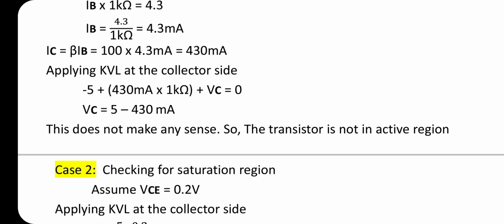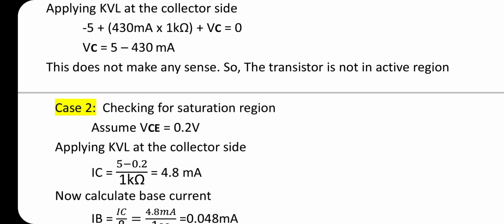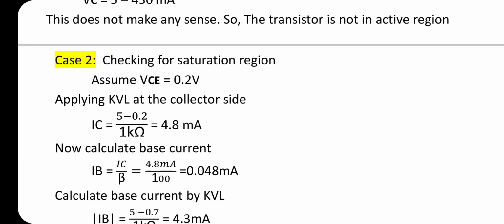Applying KVL at the collector side, we get minus 5 plus 430 milliampere into 1 kilo ohm plus Vc equal to 0. We get Vc equal to 5 minus 430 milliampere. This does not make any sense. So the transistor is not in active region. So consider the second case,